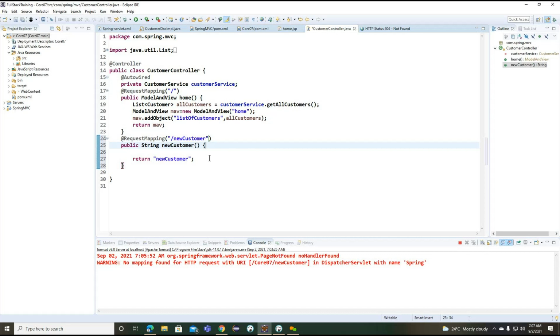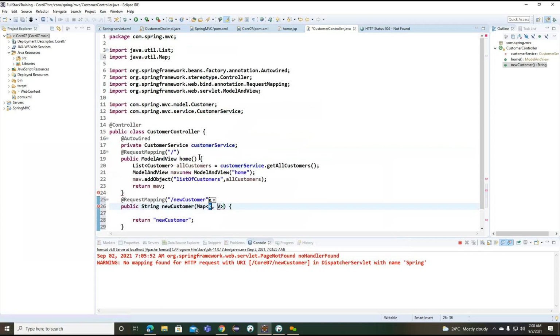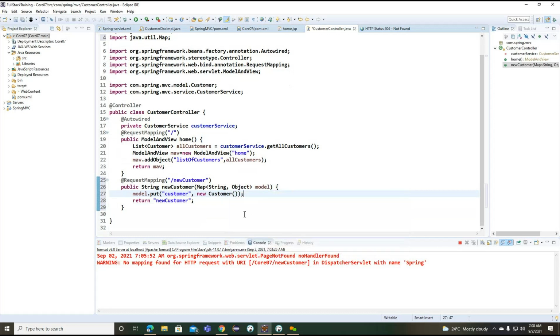To return this customer object, we can pass a map, otherwise a model, customer, or otherwise we can return the model and view object with the help of the new customer. So we'll see, this example is going to work on it.